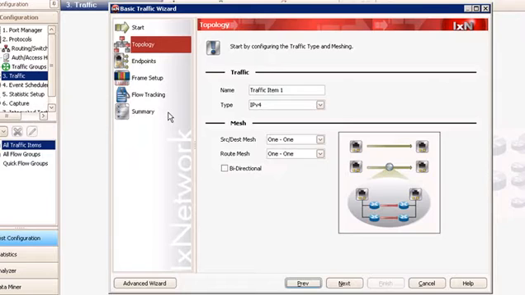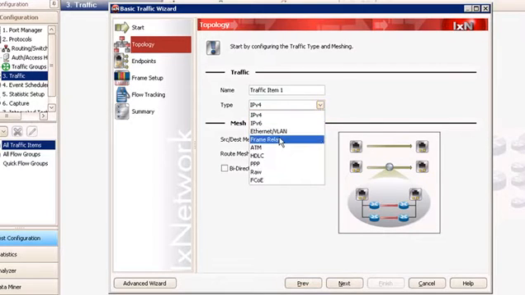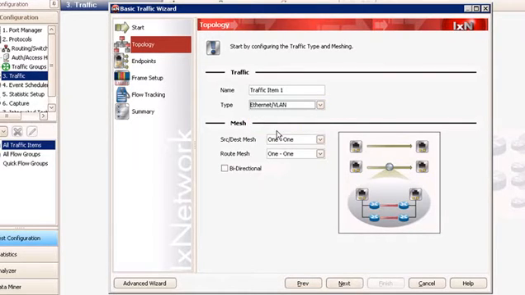Using the basic traffic wizard is exactly what it is intended to be, which is to quickly create basic traffic. Basic meaning you're not doing advanced features like creating flow groups, doing QoS testing. So let's take this example here, and since I have already built Ethernet endpoints, my traffic type is going to be Ethernet,